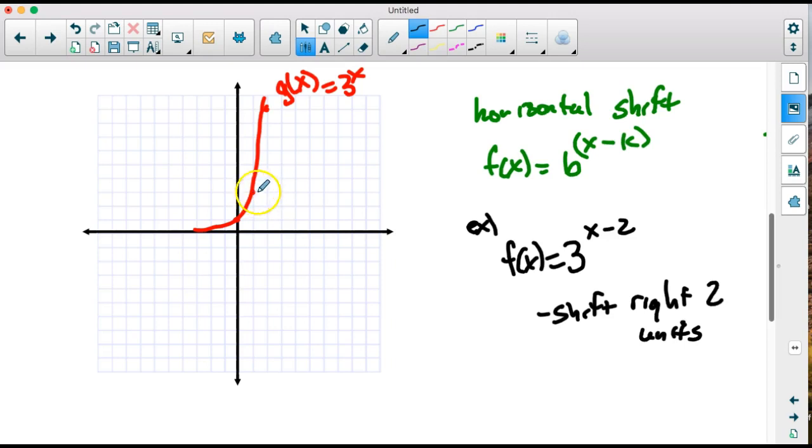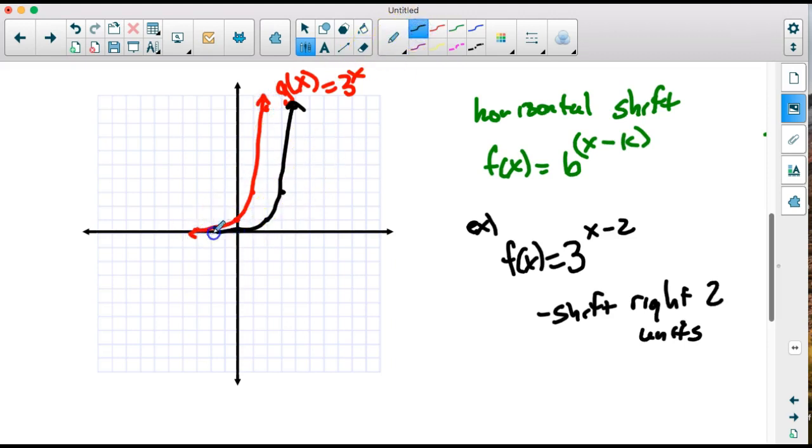This one here, at 3, would be shifted over right 2 units. This one would be shifted over right 2 units. This one would be shifted over right 2 units. So it's the same type of graph. It's just shifted over to the right. So it looks like that. Okay. It would have the same